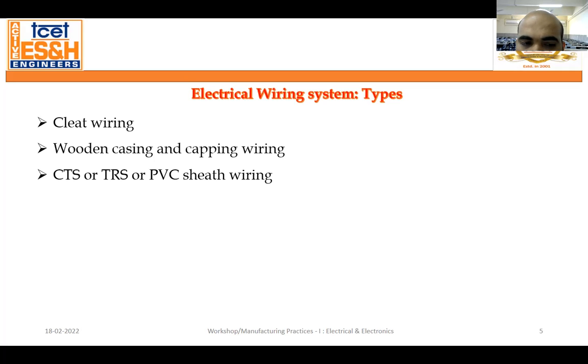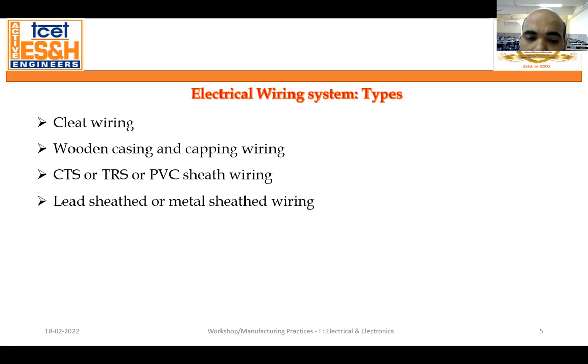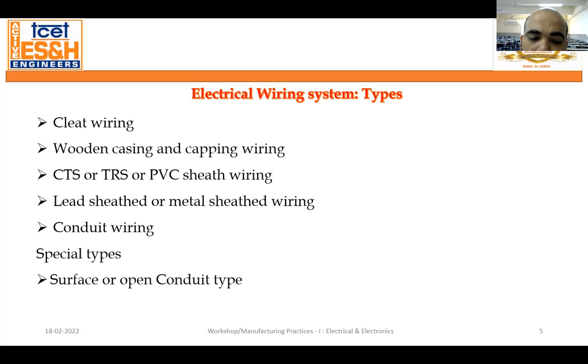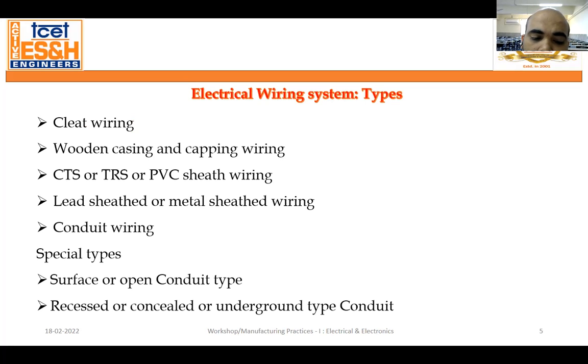After that, you can see CTS or TRS or PVC sheath wiring. Next is lead sheathed wiring, which is metal sheathed wiring. Similarly, conduit wiring, and the special types are surface or open conduit type. And the next is recess or concealed or